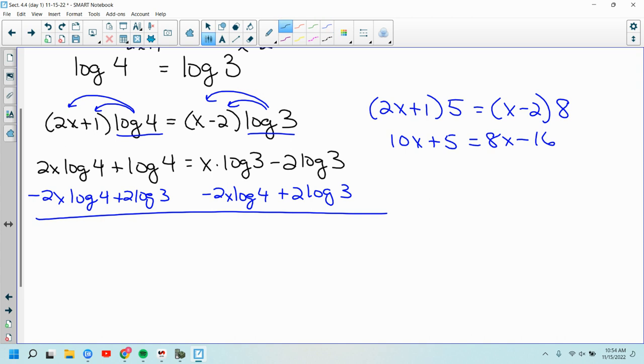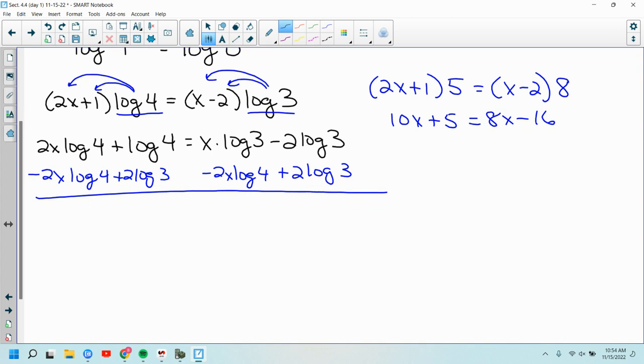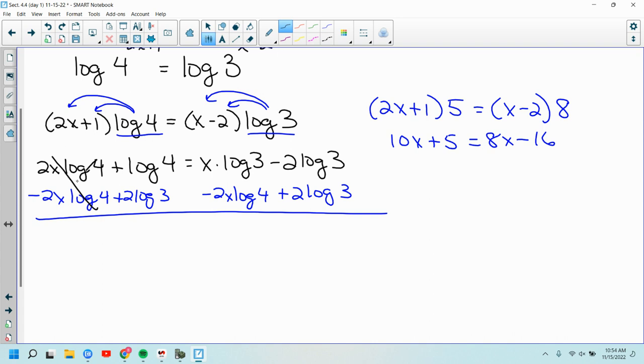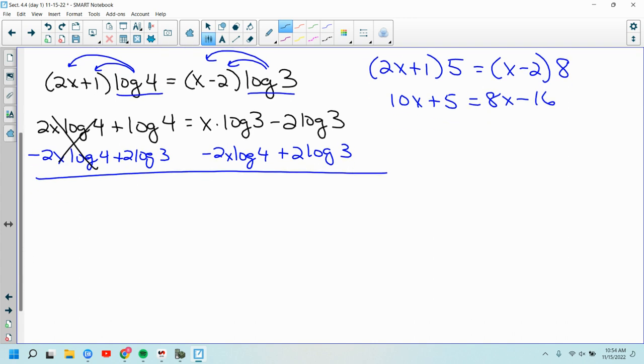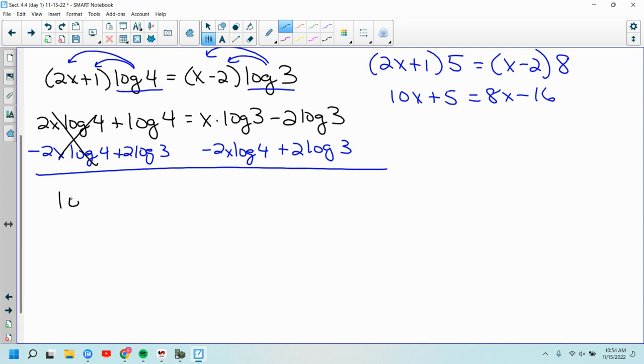All right, now, that cancels there, and I'm left with log of 4 plus 2 log of 3 equals, those cancel, and I get x log of 3 minus 2x